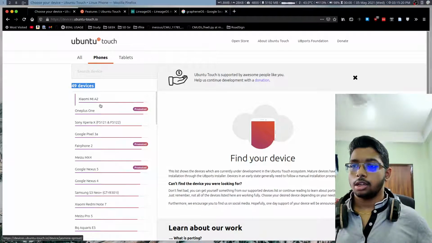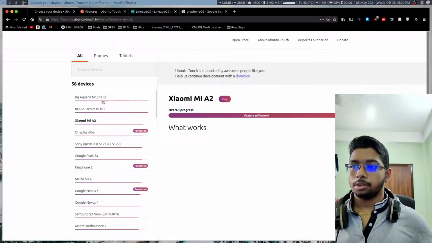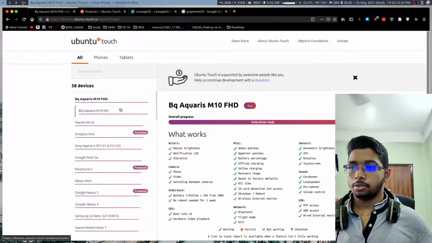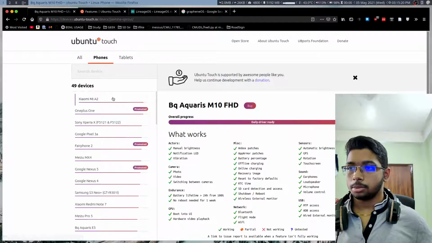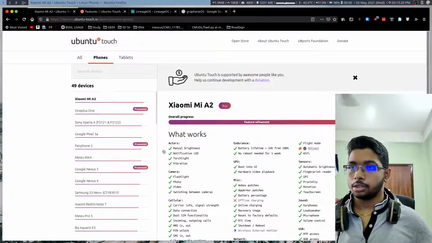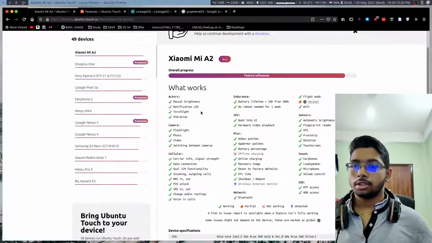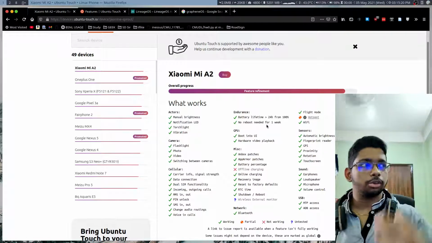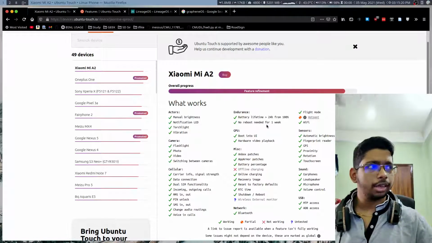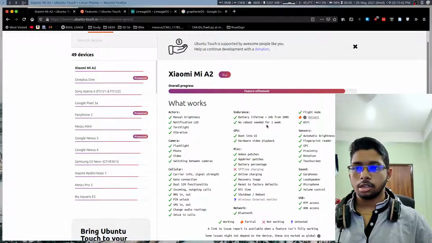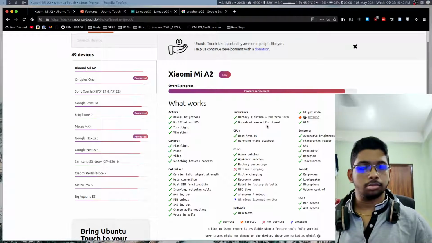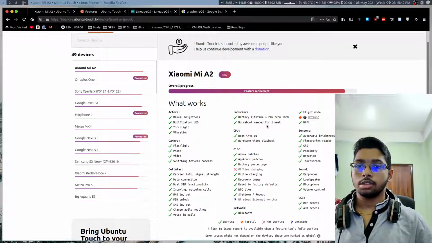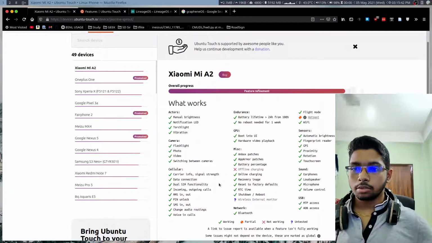So let me pull up this first device. What happened? What just happened? I think there's a bug in this web page. Okay, so we have this Mi A2 device. You can look it up on the internet. This is a fairly older device, like 2 years old. Fairly new, no, a fairly new device. What am I saying? Okay, so this is a fairly new device, and most of the functionality is